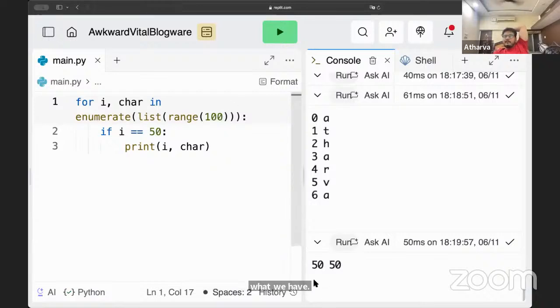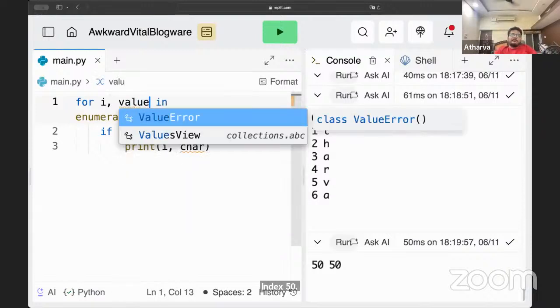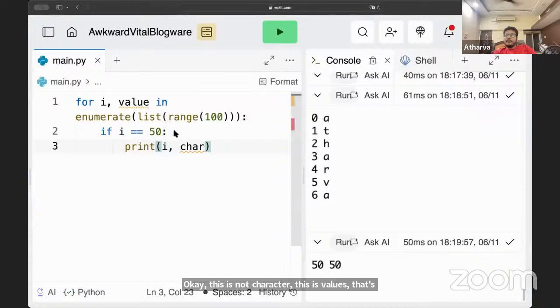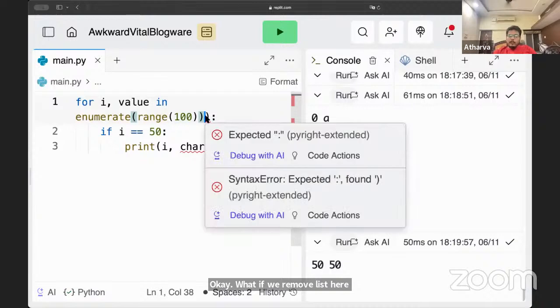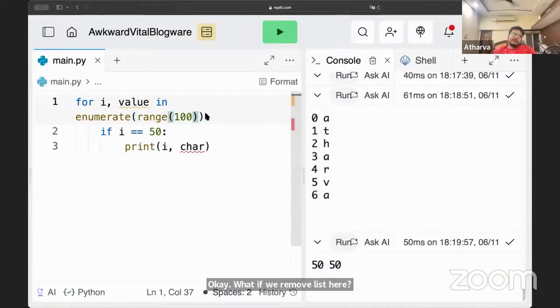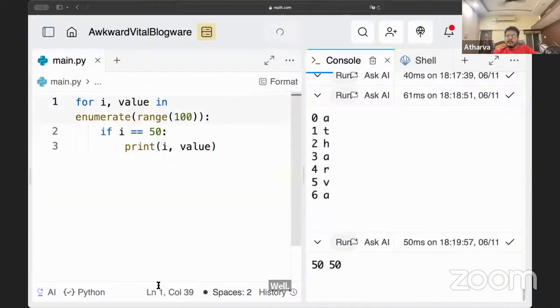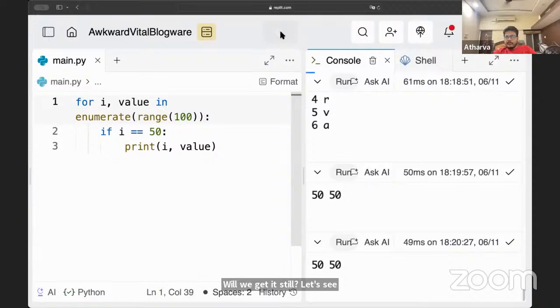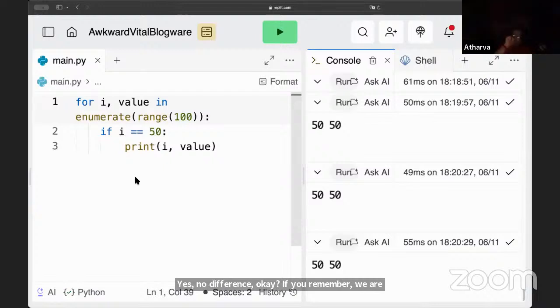Index 50. Oh, wait, this is not character, this is values, that's why. Index 50 value. Okay. What if we remove list here? Will we get it still? Let's see. Yes, no difference. Okay. If you remember, we are actually wrapping the range into the list.